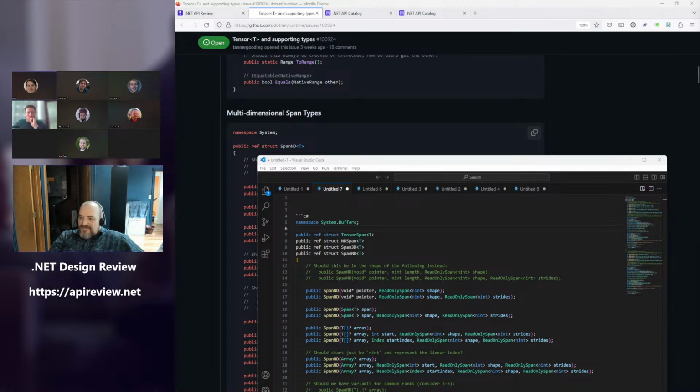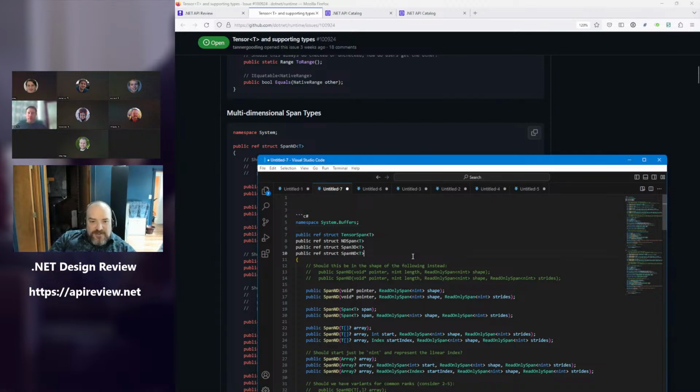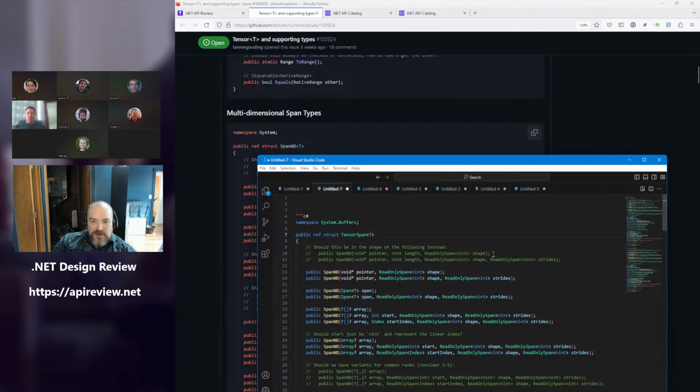So it looks pretty obvious. Tensor span is the winner here. For YouTube people who can't see the voting, it is tensor span 4, ND span 0, span ND 1. All right, so it seems like we're going with tensor span.